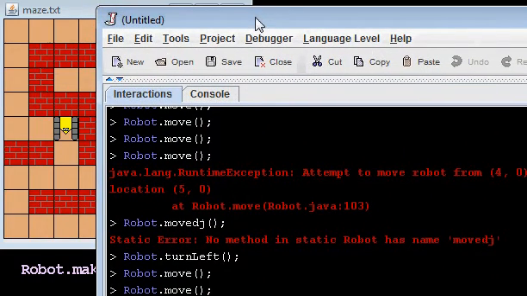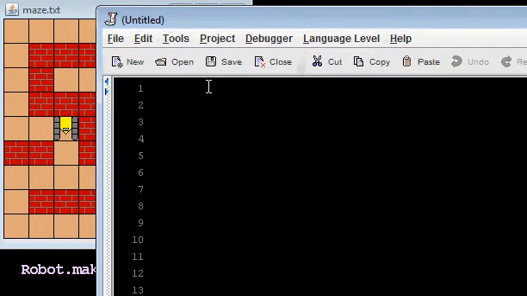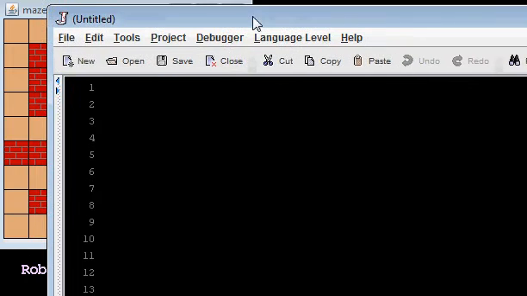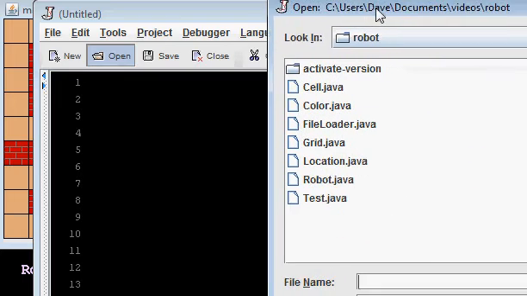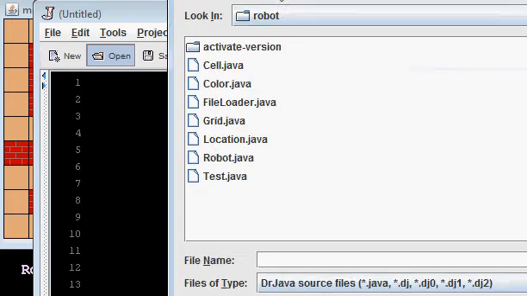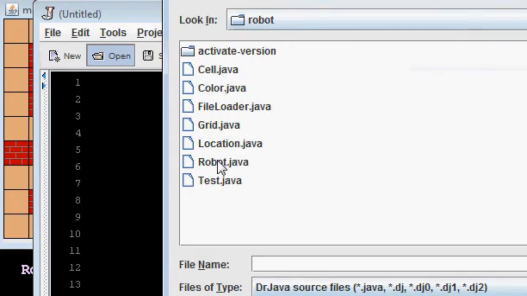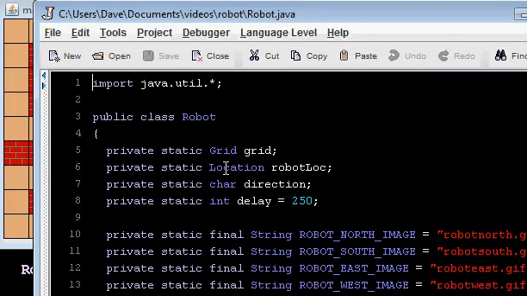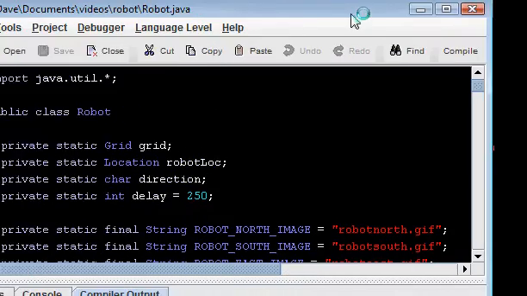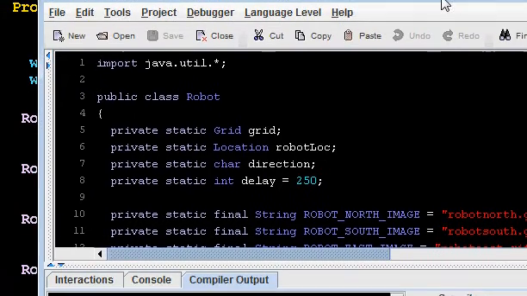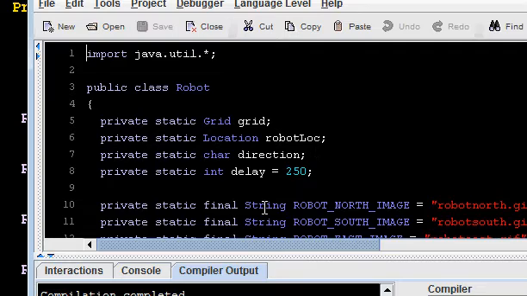So the first step is we load Dr. Java, and mine is already loaded, but when you do load it, it will look something like this, and you will say, I would like to open a file, and it will give you a choice, and I have a whole bunch of junk in this particular directory, but I'm going to load, it turns out I can load any file, it doesn't matter, and hit compile. Whoop, sorry, that was off the screen. I hit the compile button, and once I've loaded one of those files, and I hit compile, and I'm not going to look in this file, it's complete gibberish to me now,